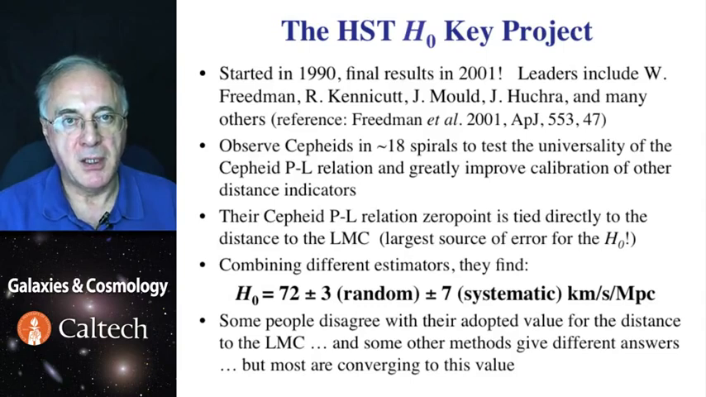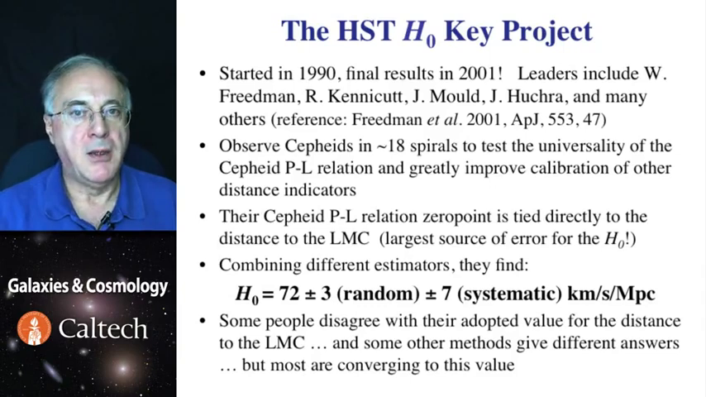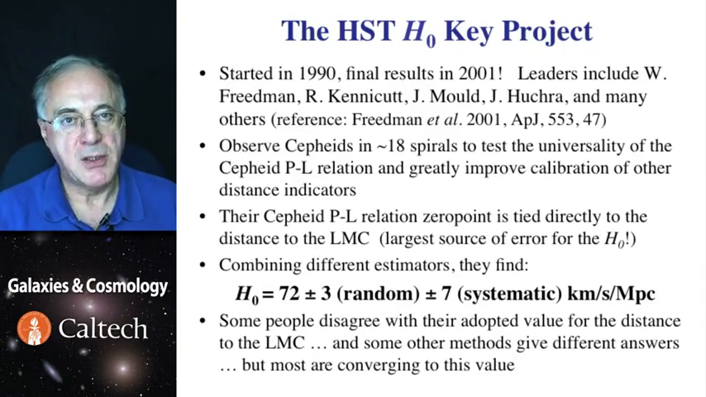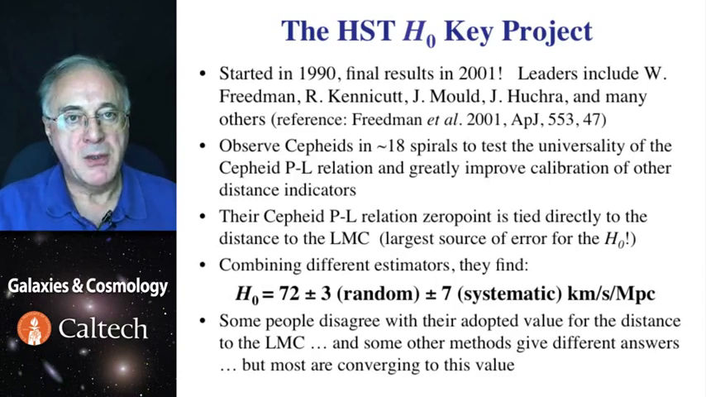Then, using the locally calibrated Cepheid relations, understand the distance to these galaxies, and then use those to calibrate other things, such as supernovae. A choice was made to use the distance to the Large Magellanic Cloud to establish the zero point of the Cepheid period-luminosity relation. You recall that that was the originally discovered period-luminosity relation by Henrietta Leavitt, and it still plays a role. And so any uncertainties in the distance to the Large Magellanic Cloud would then map directly into the uncertainties in